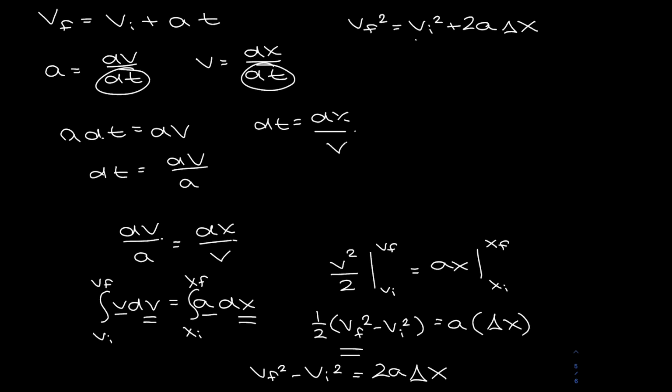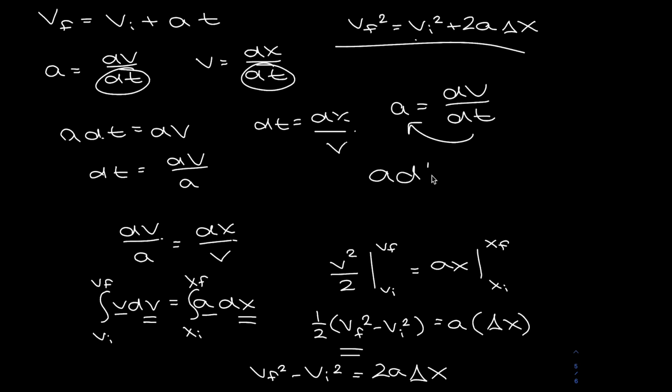So in theory, you are able to derive all three of these different equations if you ever forget them. However, it is easier just to memorize them on their own, but to know that it's possible to derive these equations gives you the peace of mind that on a physics test or exam, you are going to be able to figure out, knowing what acceleration is, the change in velocity over the change in time, you are able to get all three of our kinematic equations. And again, all you need to know is that acceleration is equal to the change in velocity over the change in time. Because from there, you are able to bring the time over, get acceleration times dt is equal to